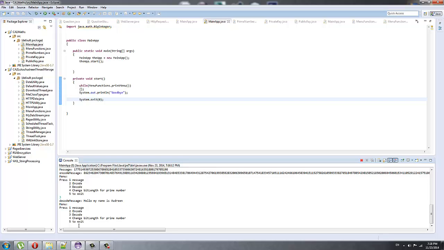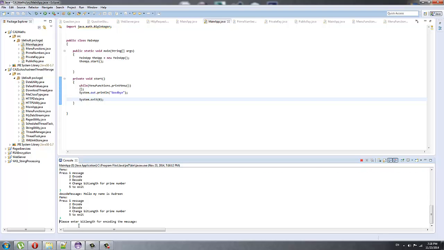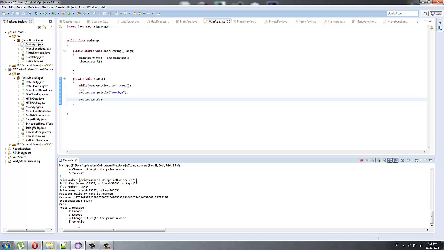And then here I can change the bit length to maybe 100, or I will show you 8 that is really small, and it would show you the wrong decoded message. So I will encode it again, and then you can see that it's really small now,